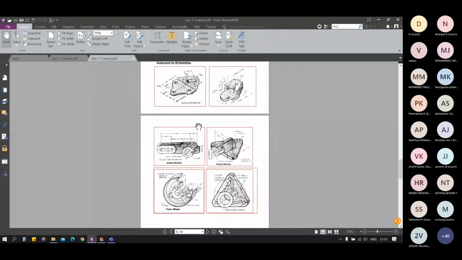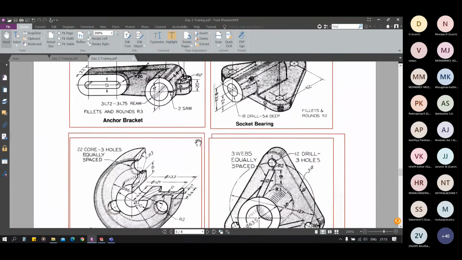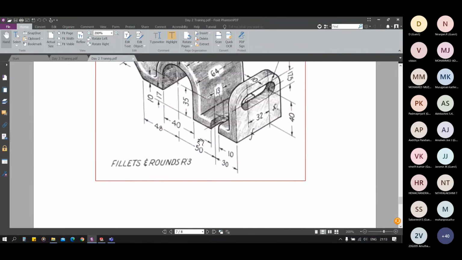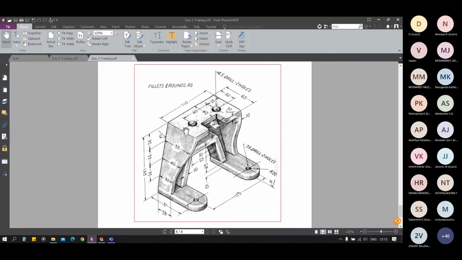As you are beginners in designing, I didn't provide any more complex shapes for you, but you see in this last one you will need the loft. Actually, you can also do it using the extrude and cut, but using the loft you can do it in a faster way.